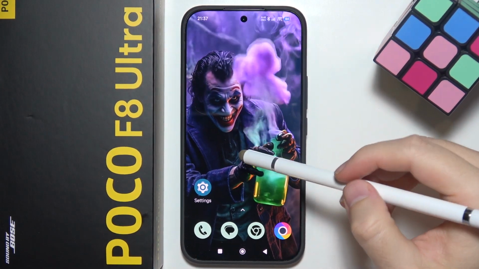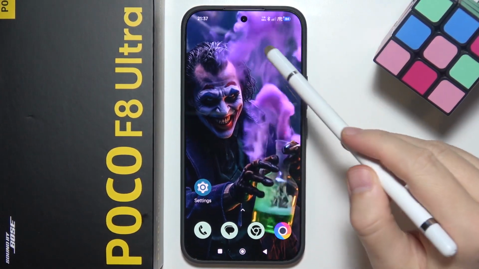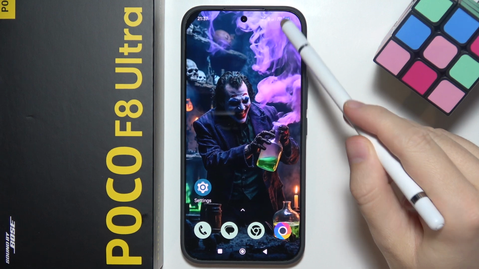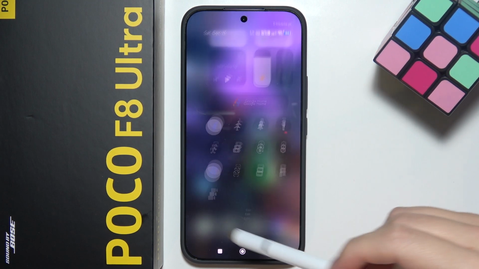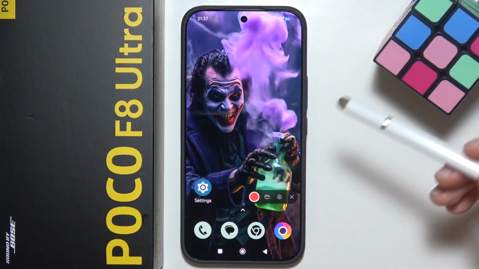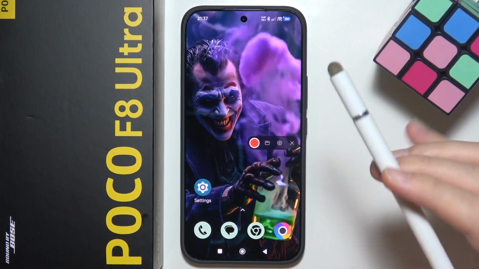To record the screen on Poco F8 Ultra, start by opening the quick settings panel from the right upper corner like that, and you have to search for this icon. You have to click on it once, and now before you start recording, I will highly recommend you to take